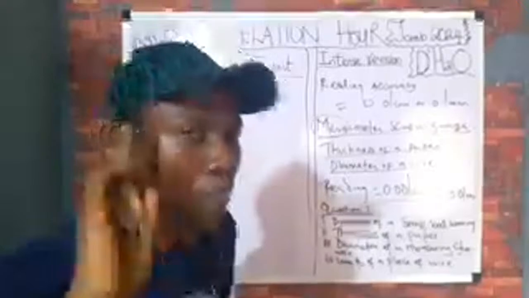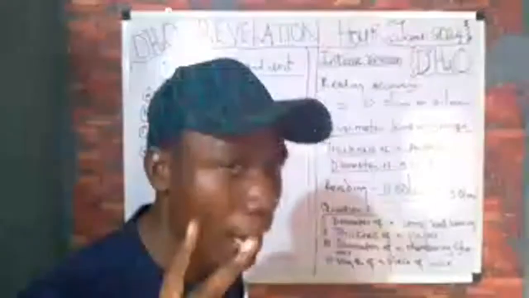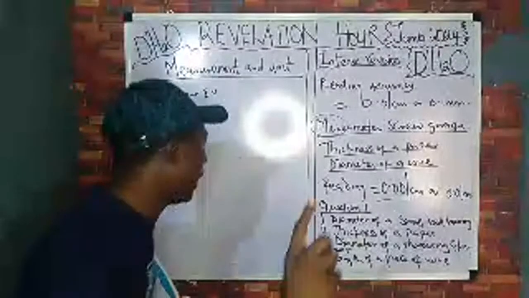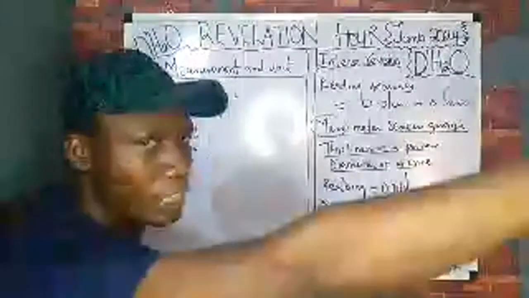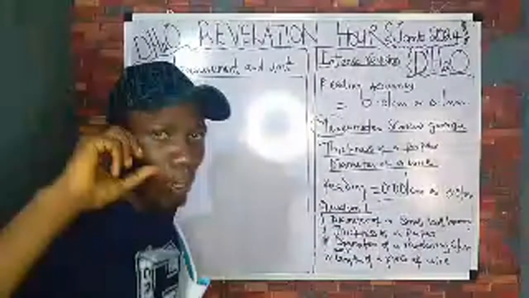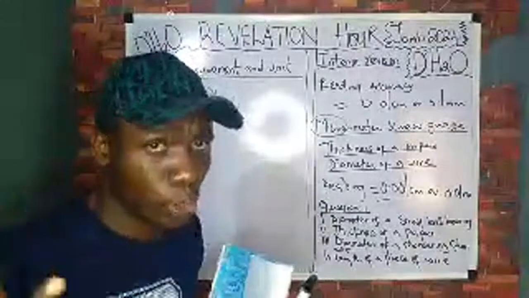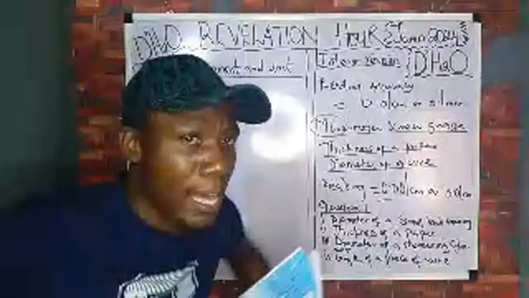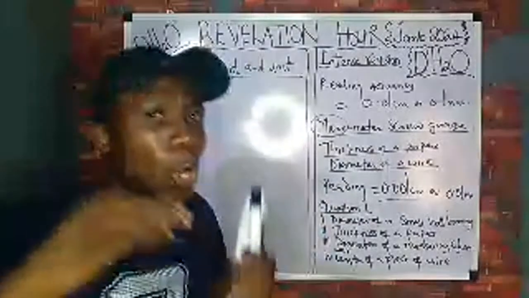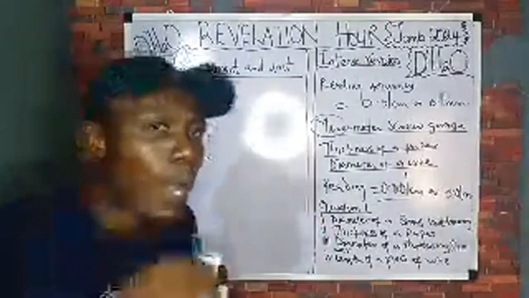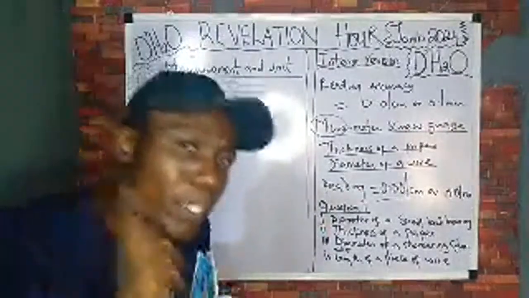Measuring length: meter rule, caliper, and micrometer screw gauge. Remember that the meter rule is used to measure lengthy objects. Your vernier caliper is used to measure the diameter of round objects, like the diameter of a rod, depending on how big the rod is, or the diameter of a test tube. It can measure both internal and external diameter of round or cylindrical objects, while your micrometer screw gauge is basically